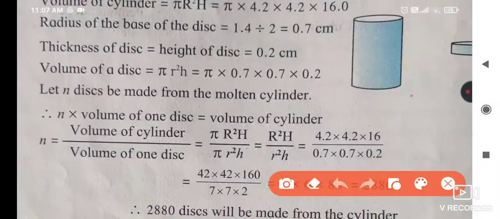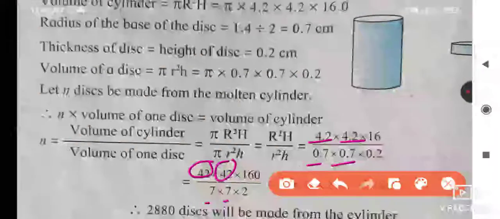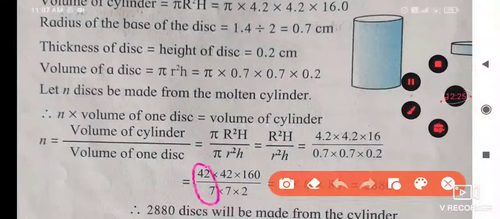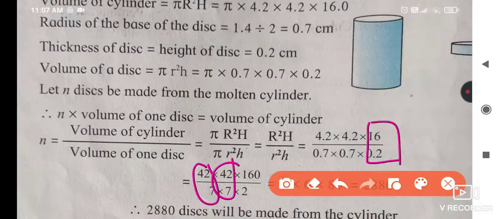So for that, what we have to do: first of all, in the numerator, 4.2 and 0.7, after the point the same number of digits are there, one each. Here also the same digits are there, so 42 and 42, and instead of writing 0.7 you just write 7, 7, because after the point one digit each is there, so the points cancel with each other. Then here 42 upon 7, 42 upon 7. Now the last step remains. Here after the point one digit is there, and upside in the numerator 16 is written as it is. So we have to cancel this point and multiply this with 10. So you will get 160 upon 2.